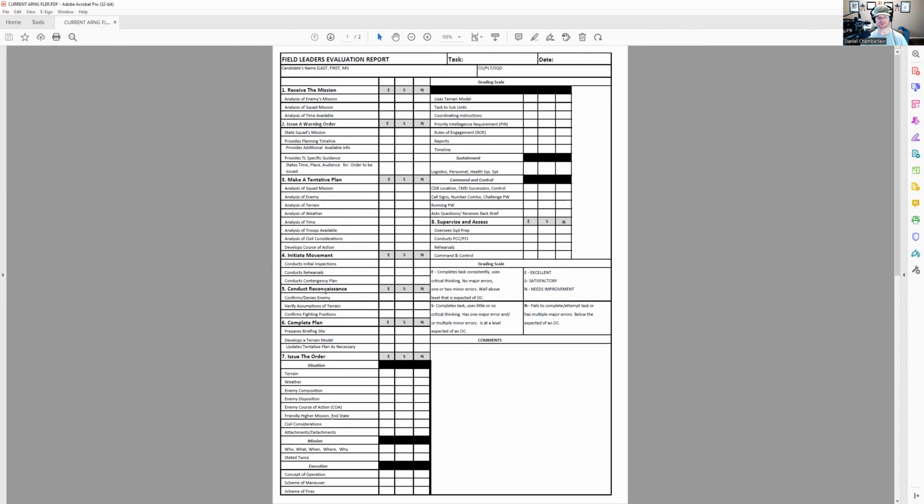You're probably going to check this box later in your op order anyways. A lot of graders will be checking through these boxes down here under issue the order. And as soon as you give an alternate route or something like that, they'll come back and check that box. So not super important to grab that one here, but it can help and move you on your way.